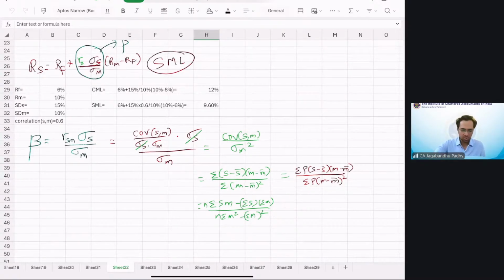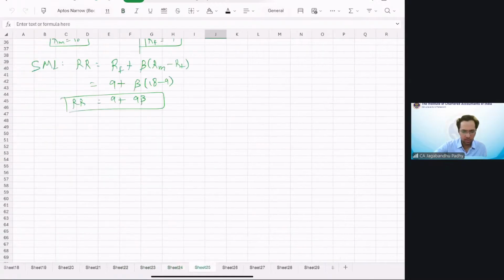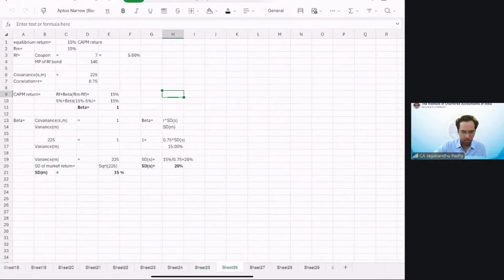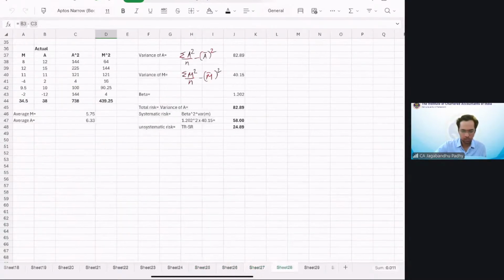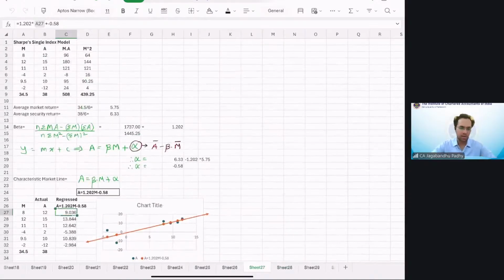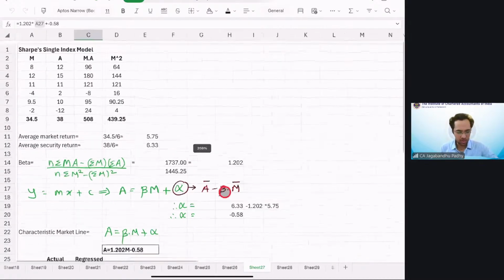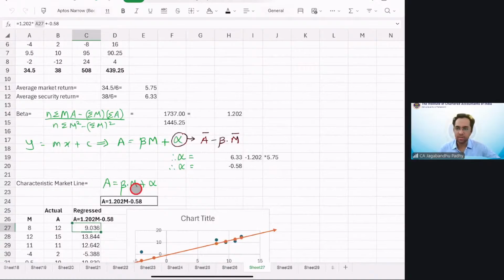Okay. Then conceptually, after this, we had the next model called the characteristic market line or Sharpe single index model. In this Sharpe single index model, we create the return profile of a security by using simple regression, wherein we say return of a security will be equal to